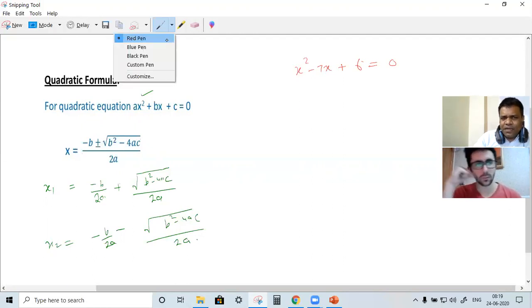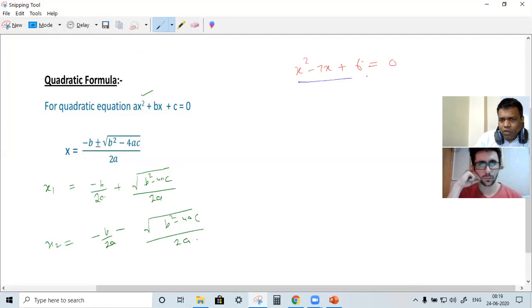Frederick, I'm not asking that. I'm asking to solve this one. Did you use this formula? That's my question. Yes. Okay. Then I'm going to tell there is another way to calculate this one without using this formula. That is called factorization method.